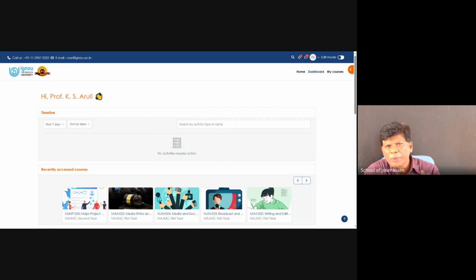What are the components? Primarily, we provide the learning materials: books and PDF copies provided segment-wise in blocks and units. At the end of the course, you will have an assignment. The assignment has a deadline, and you have to upload a PDF file. Other than that, there is a discussion forum. This is the four quadrant approach: self-learning materials, audio video materials, discussion forum, and evaluation. All four components are integrated in the LMS.